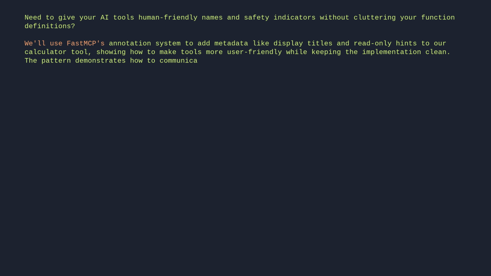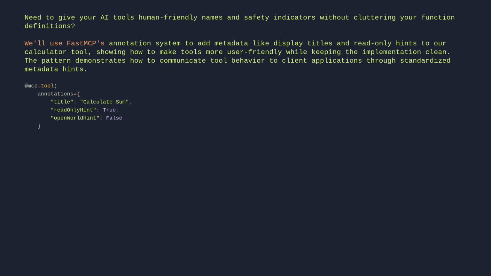@mcp.tool(annotations={"title": "Calculate Sum", "readOnlyHint": True, "openWorldHint": False}) def calculate_sum(a: float, b: float) -> float: """Add two numbers together.""" return a + b